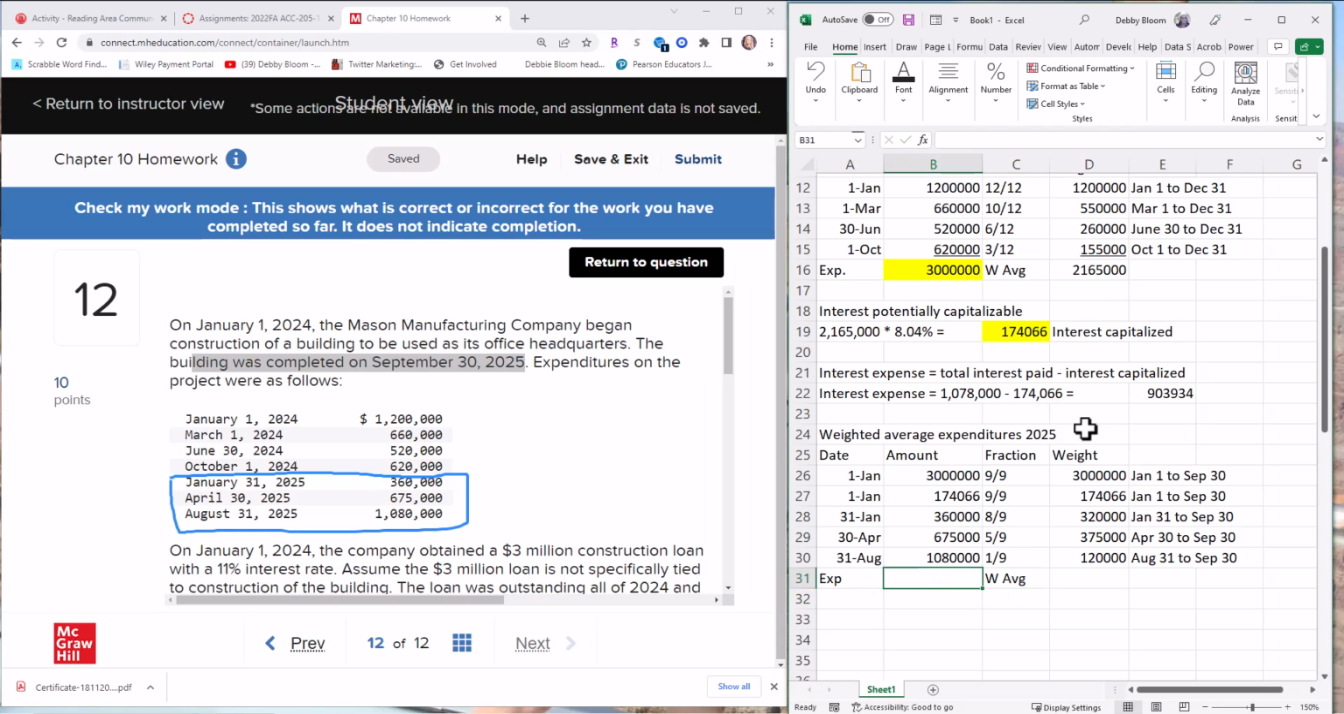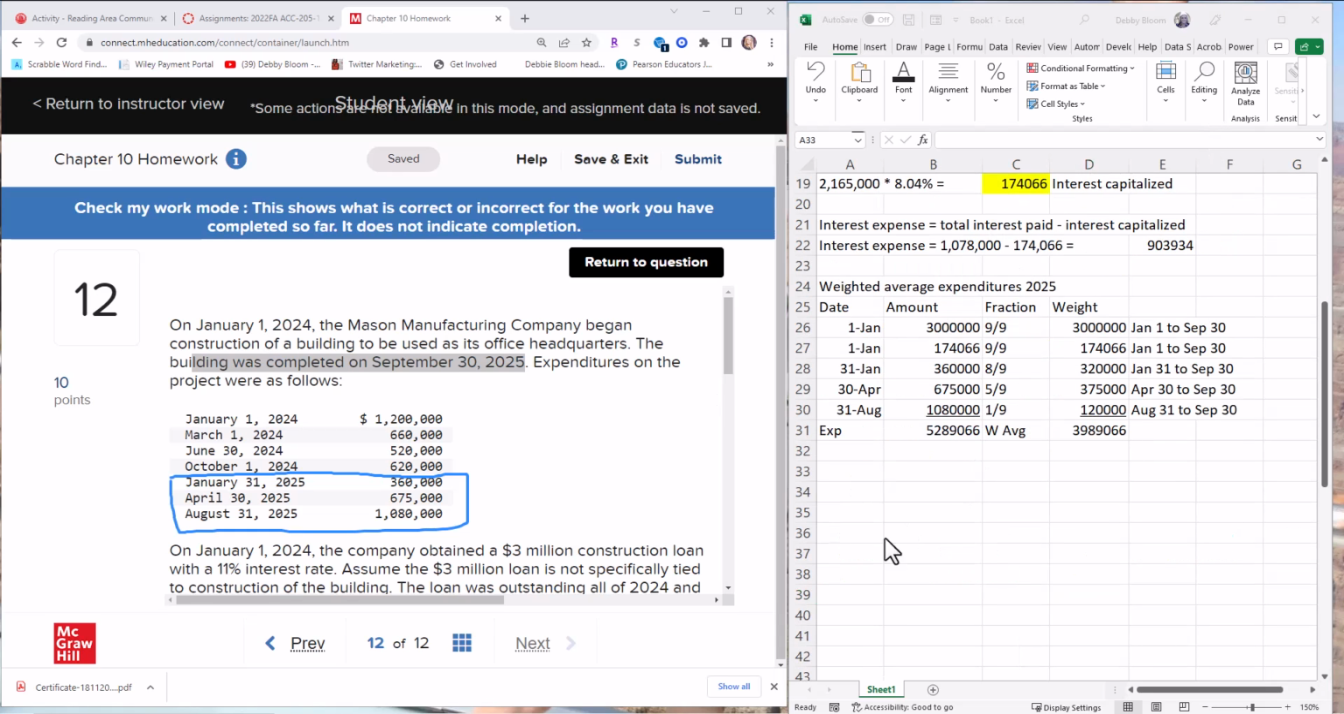So my total expenditures for 2025, let's put an underline so we can figure out that that's a grand total. Total expenditures for 2025, $5,289,066. Weighted average expenditures, $3,989,066. So the next step in the problem is to calculate the interest potentially capitalizable,